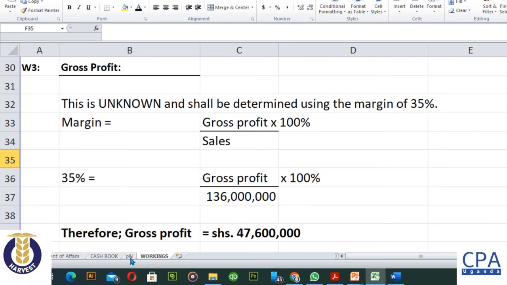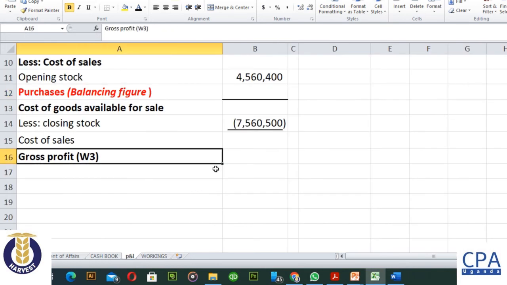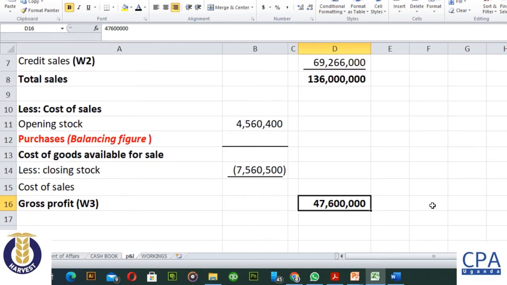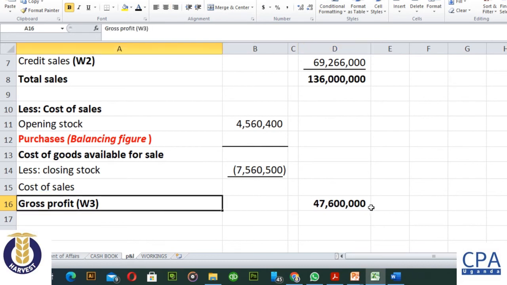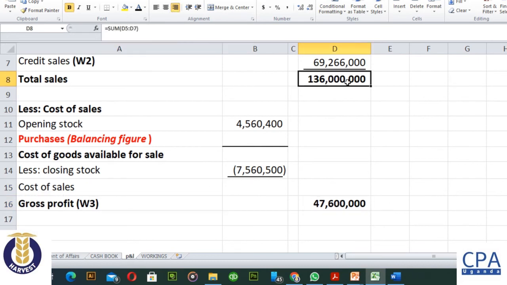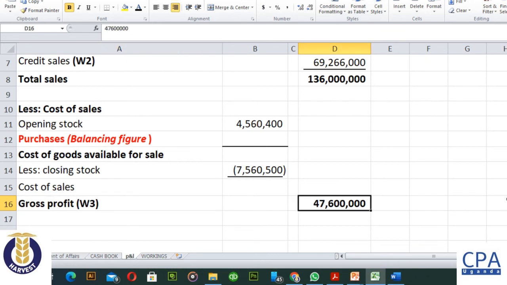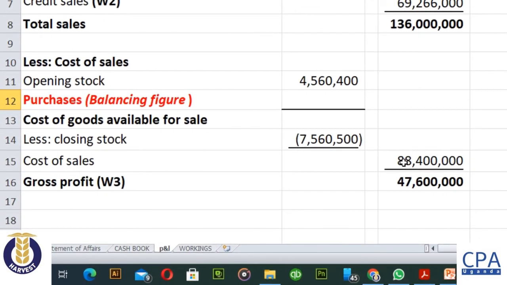So I take the 47.6 million to the statement of profit or loss, okay, 47.6 million, and you all know that to arrive at the gross profit I have to deduct the cost of sales from the sales. So that means that our cost of sales will be obtained by subtracting the gross profit of 47.6 from our total sales of 136 million. So my calculator gives me a figure of 88.4 million as the cost of sales,